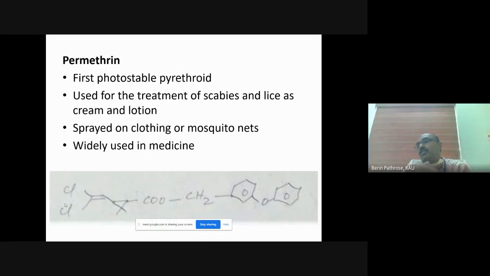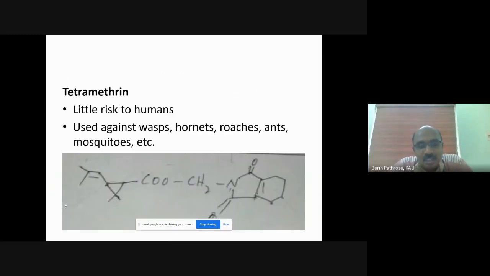And WHO, for resource poor African countries, what WHO, World Health Organization, does is they impregnate permethrin in mosquito nets, and WHO distributes these permethrin impregnated mosquito nets to the African citizens. And if they use these mosquito nets, it will bring about the mortality of mosquitoes. So it has wide acceptance, wide use in household, public health, veterinary, pests, etc. In agriculture, it's not that widely used. It is widely used for human use because its mammalian toxicity is extremely low.